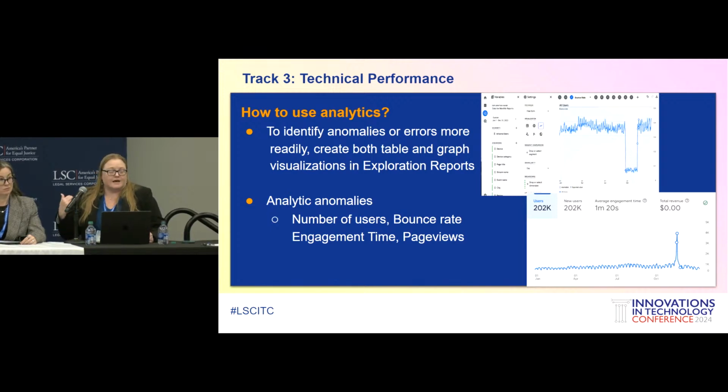Or on the lower slide, this is our Law for Veterans website. We get this one spike every single year. It's a 10,000 person or user spike on Veterans Day, because we have one article on what is a veteran. And so we're able to point at our funders and go, look, there is a reason November just skyrockets, and it's because of this one article. But without us pulling it visually as well as numerically, we wouldn't know why or have an idea of what happened.